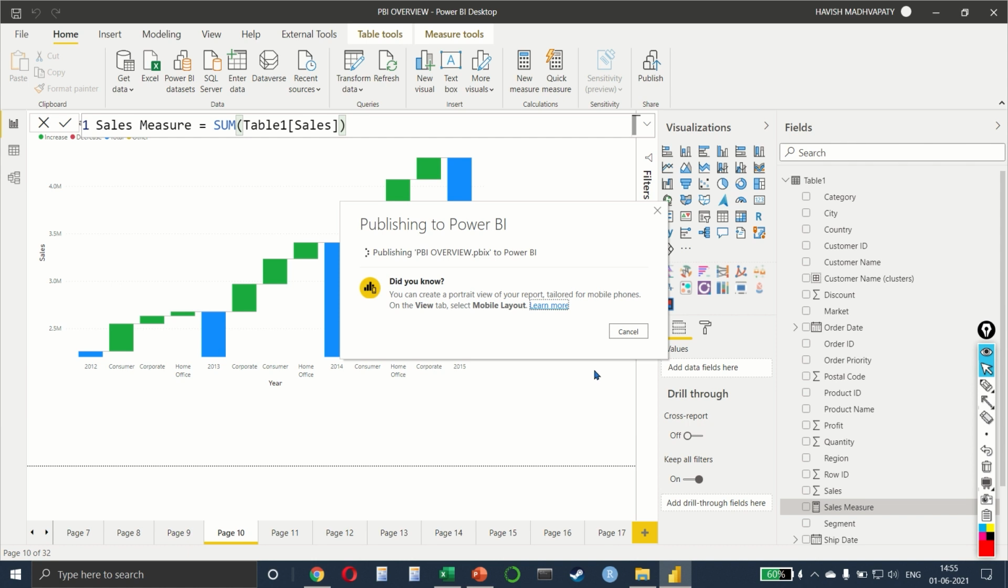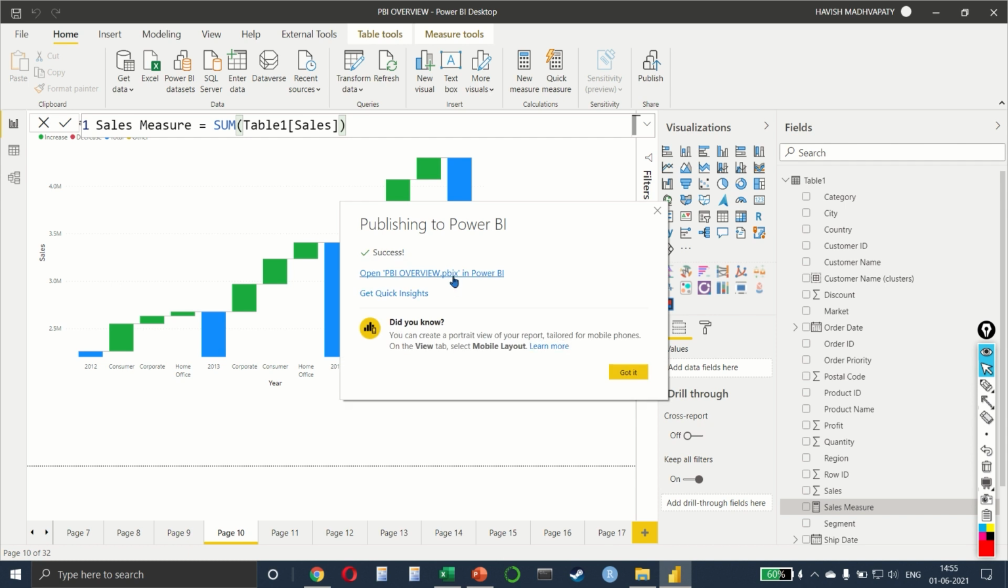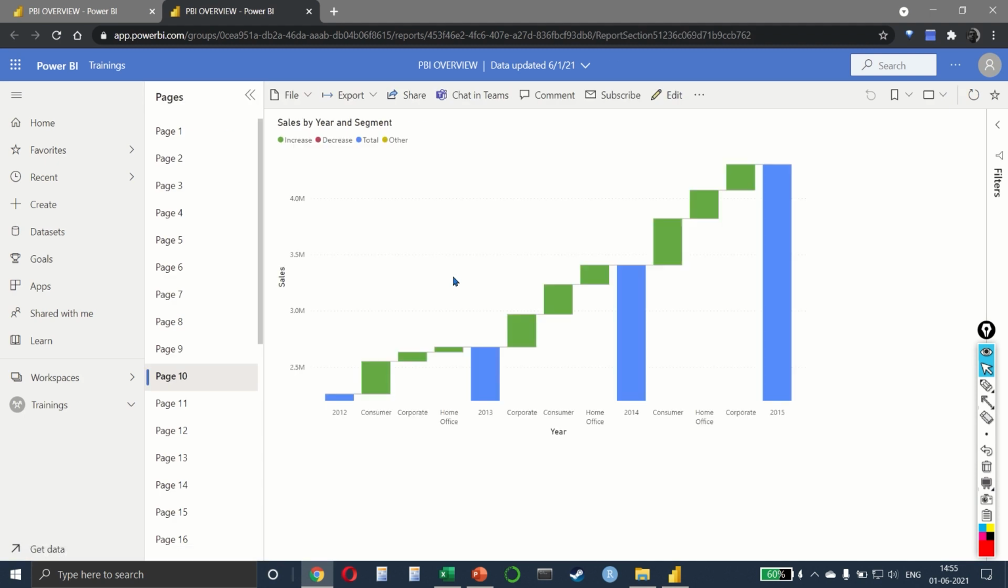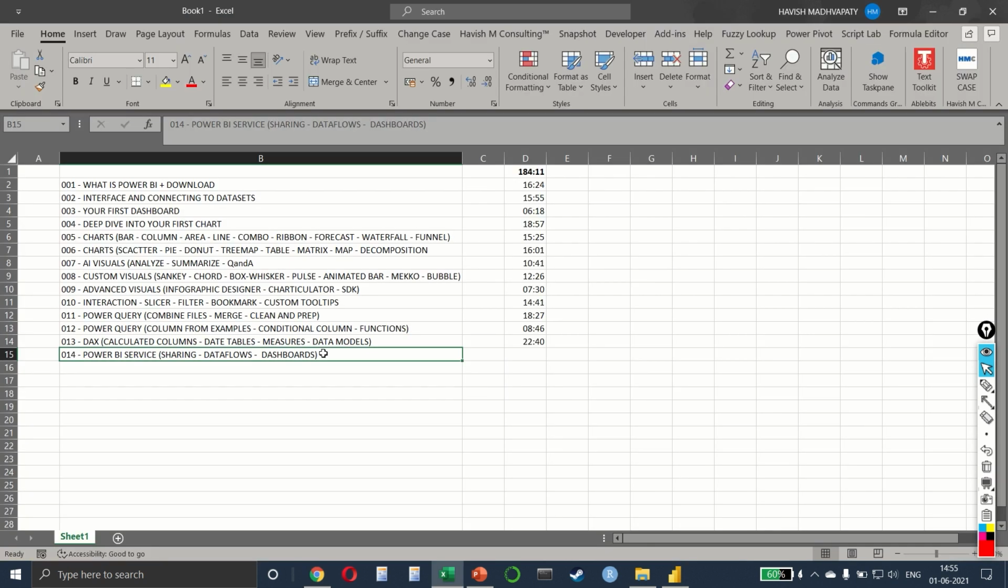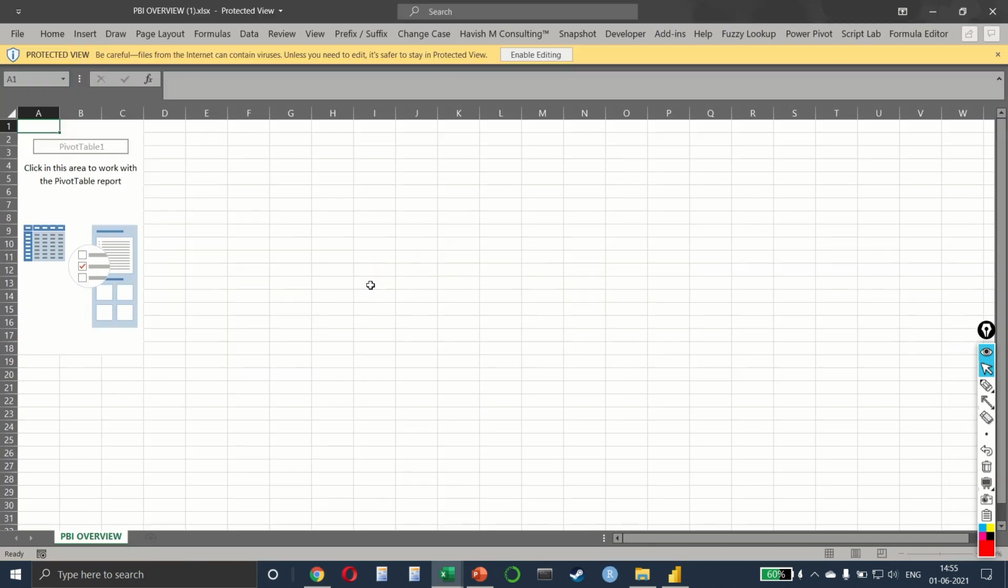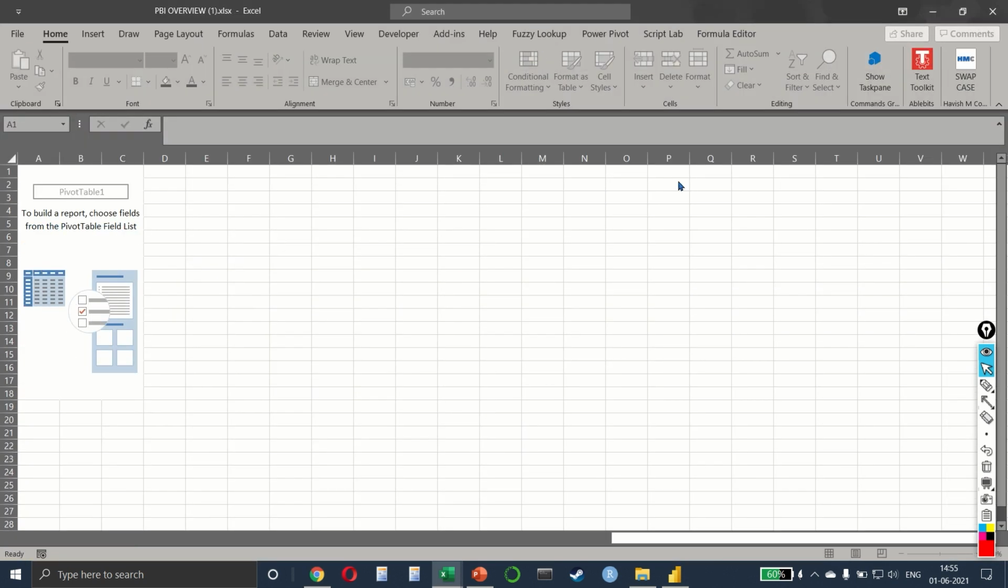Once it is uploaded and it is published, we will click on open. Of course, it is the same report. There is no difference. But if we go to analyze in Excel and download it once again, this time you would notice that the pivot table that is created,